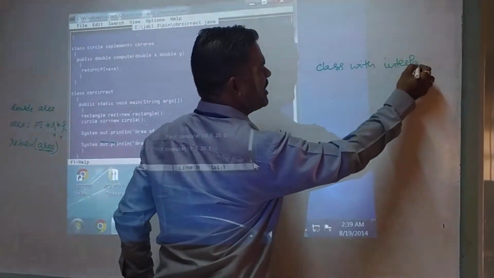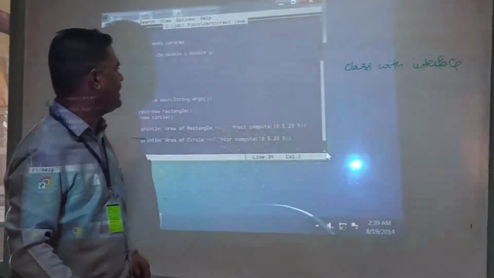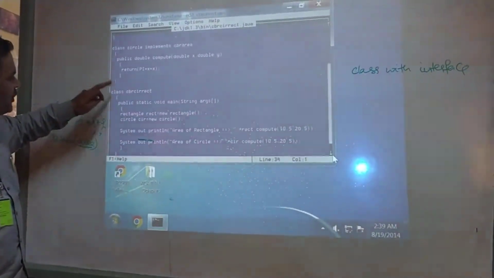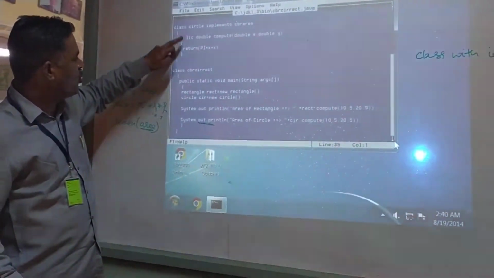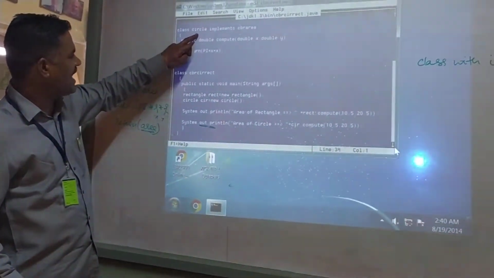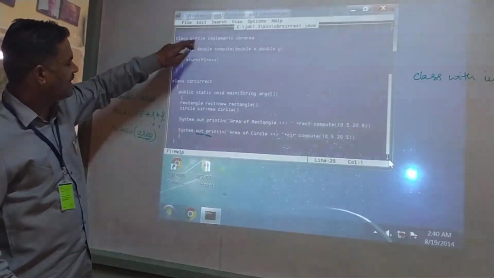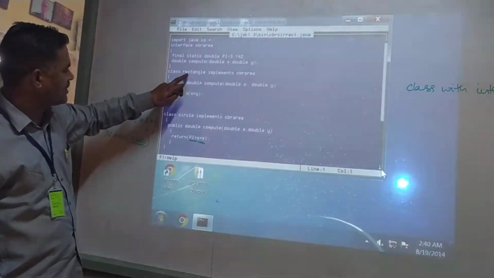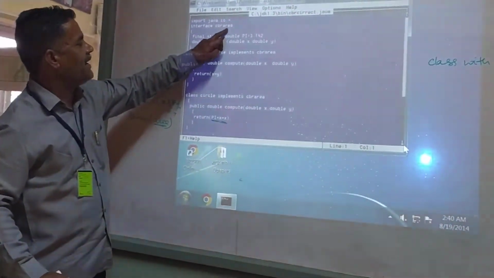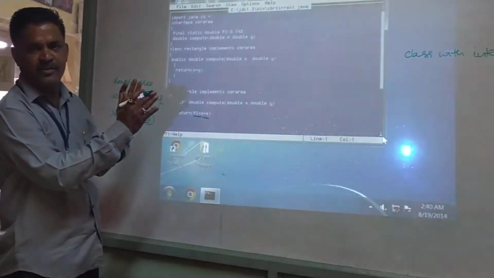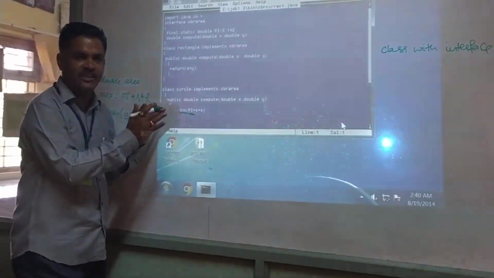Total one main class. Here total two classes: one rectangular, another circle, and one interface. So this is how to extend the class with interface.